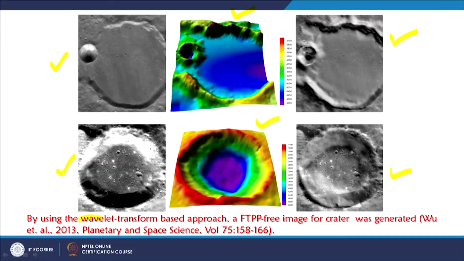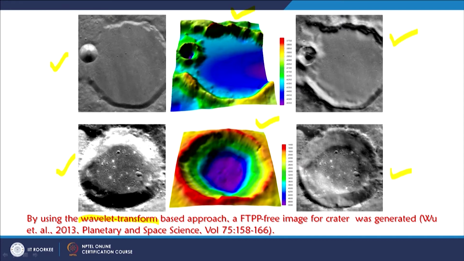But nonetheless, a technique was developed, based on the wavelet transformation, and FTPP has been corrected. Once it has been corrected for one band, it can be employed to correct for other channels or other bands, and then finally a color composite can also be created. So, likewise this